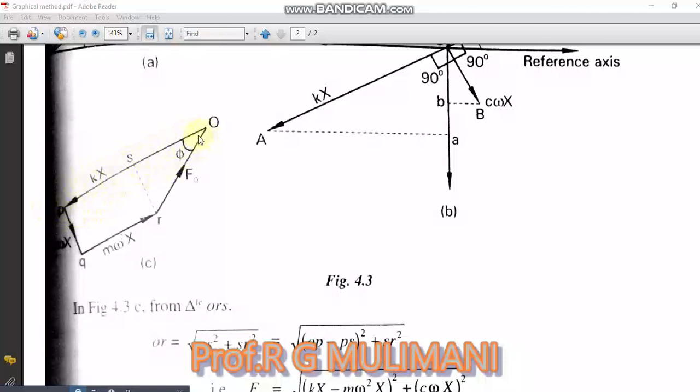Up to this it is kx, minus this OS, that is kx minus m omega square x. Up to this it is kx, and the distance between P and S is kx minus m omega square x. The distance OS is kx minus